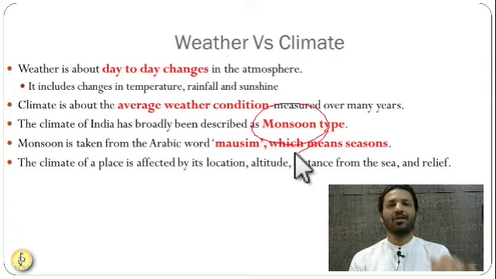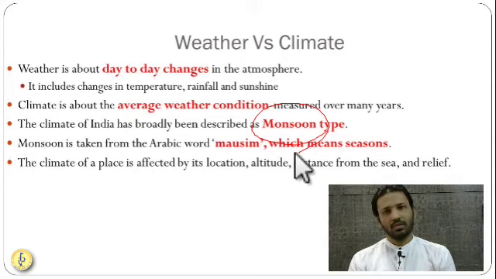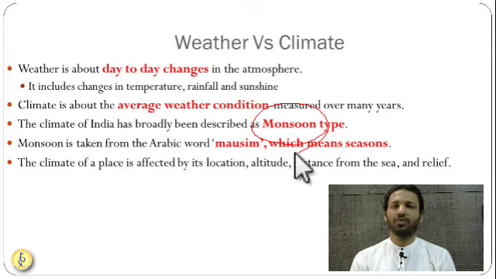You can see this particular lockdown period, when people are staying at home and there are no heavy industrial activities. Suddenly the temperatures have changed. We are feeling more cold. We are having more rainfall. Even in the summer, we had rainfall twice or thrice in many parts of India.